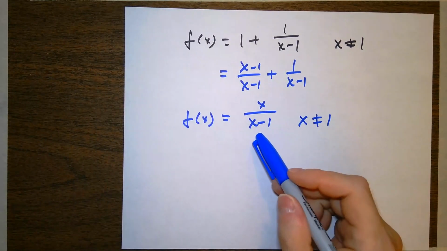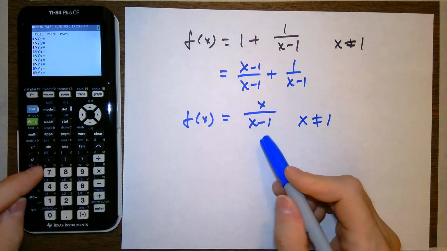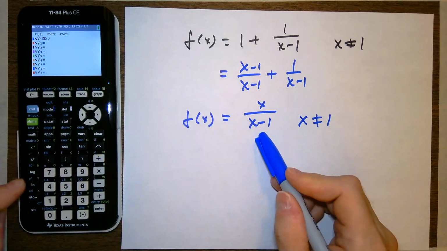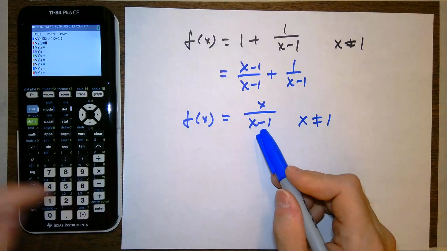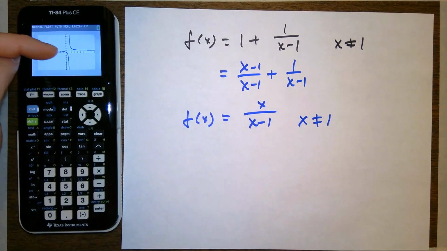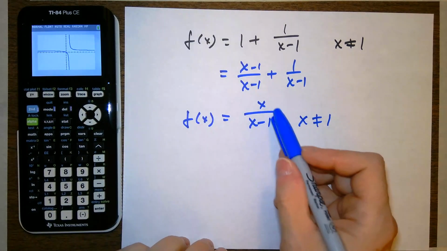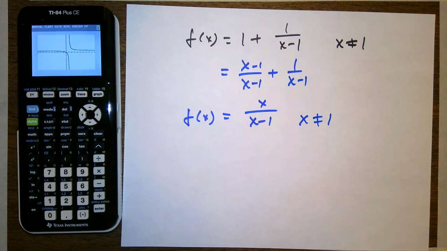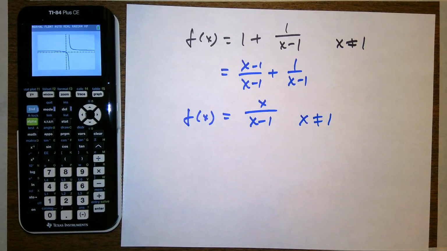If I go to the college algebra class, if I go to graph this, I'm going to graph x divided by, in parentheses, x minus 1, close parentheses, on a standard viewing window. And we can see that I've got the asymptote here at 1, and we can see that it goes through the origin. When x is 0, y is 0, 0, 0. Plug in 0, and I get 0. So I've got a vertical asymptote. If I go to graph it, vertical asymptote,